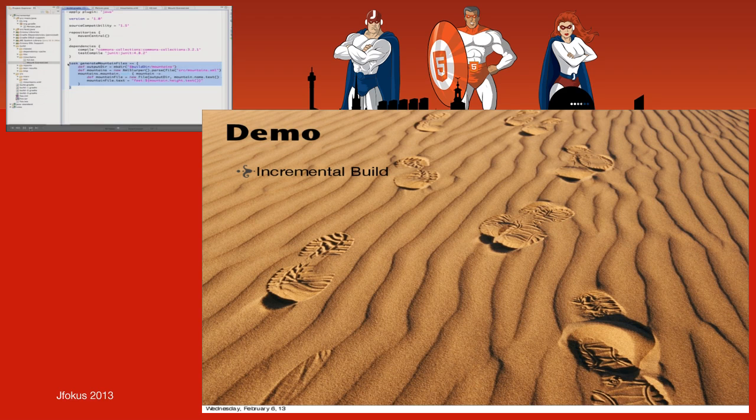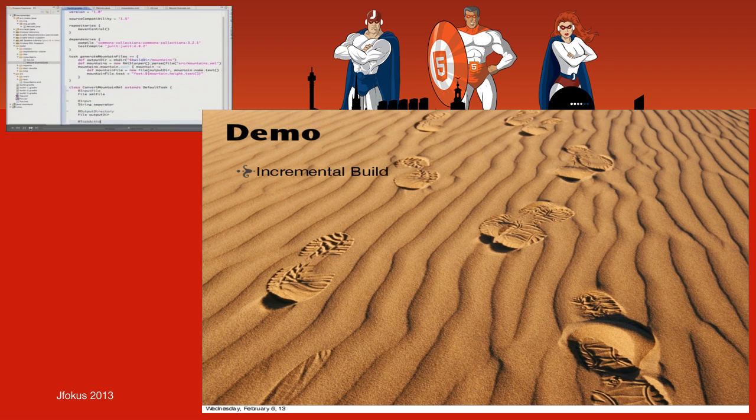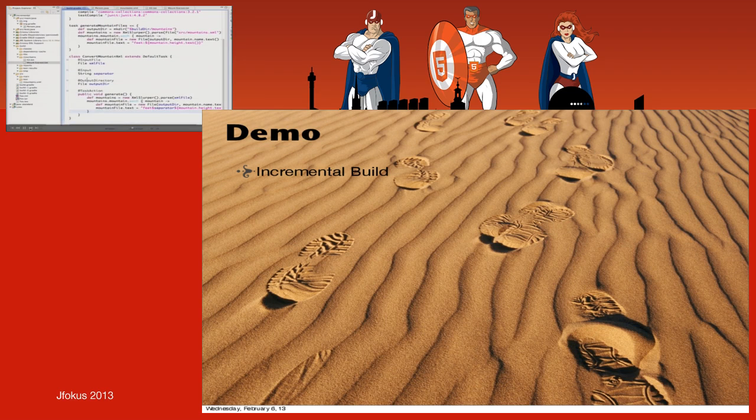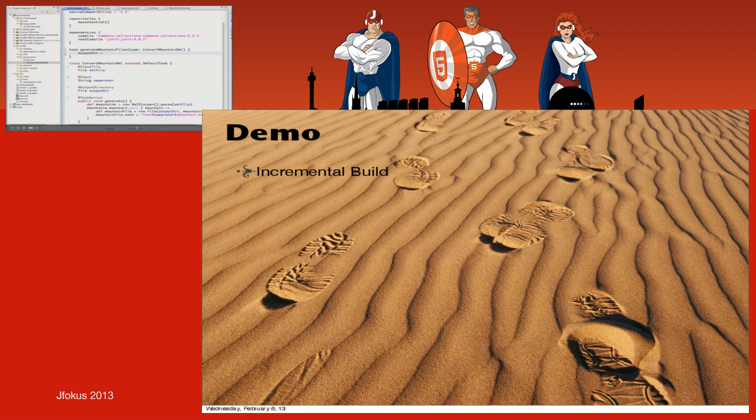So what we're doing now, we extract this into a custom task. We call it convert mountain XML, and we just say, hey, it has an input file, the mountains XML file, a separator, the column, an output directory, the mountains directory, and some action that needs to be executed if you execute a task of that type. Then we change that task. We say, this is of type convert mountain XML. As output directory, it's build dir mountains. As XML file, it's source mountains XML, and the separator is a column.